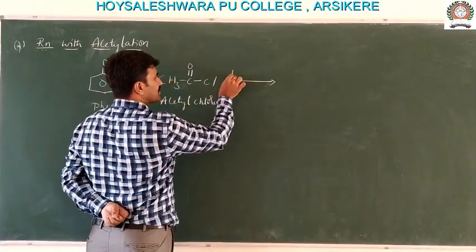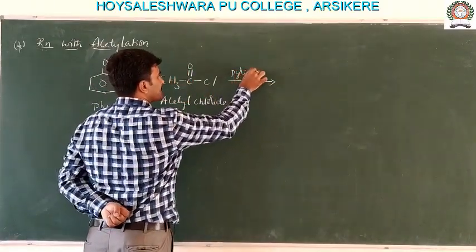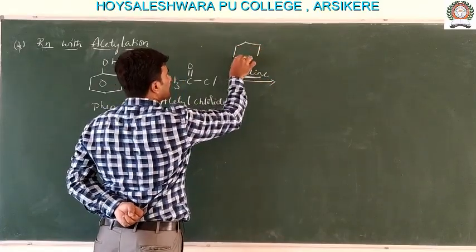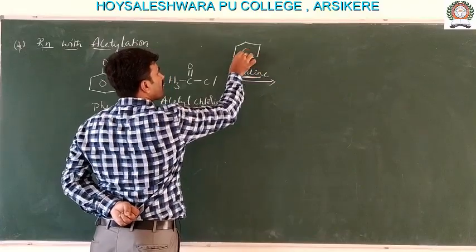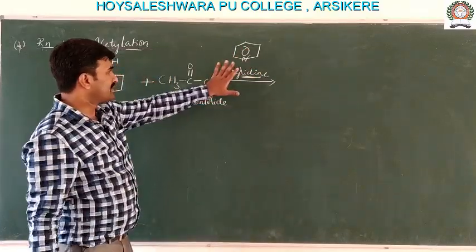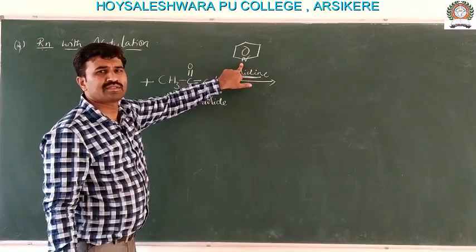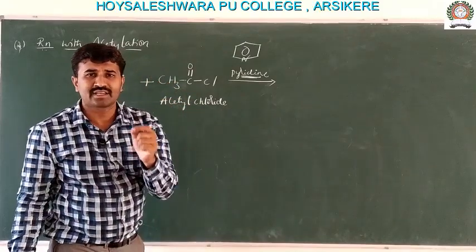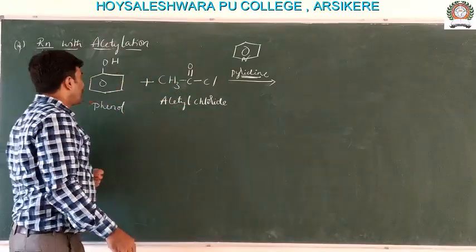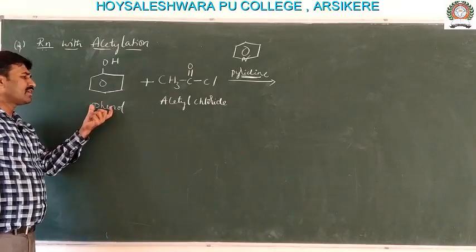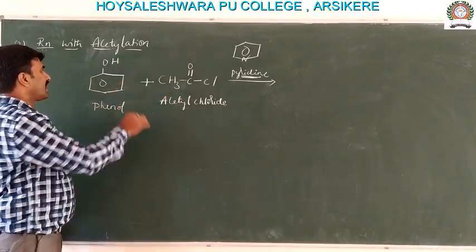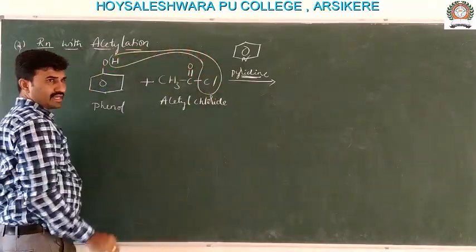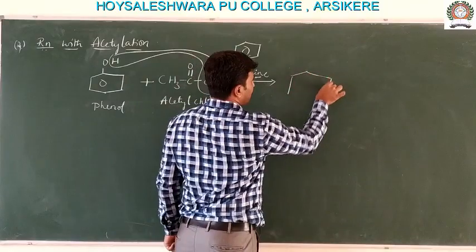So, acetyl chloride in presence of, see, pyridine as a catalyst. In presence of pyridine, the structure of the pyridine is, see, benzene ring only. One of the carbon atoms of the benzene ring is replaced by what? Nitrogen, that is pyridine. Pyridine acts as a nucleophilic catalyst. See, what happens? This is phenol, this is acetyl chloride. So, there is a removal of what? HCl.